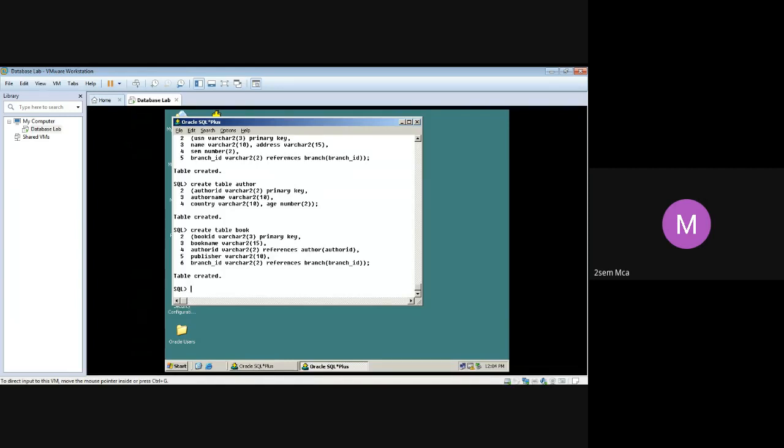One second. Just check if the table is already there. If it is there, you drop it and then create again. Is that table already existing? Which table is showing this error now?